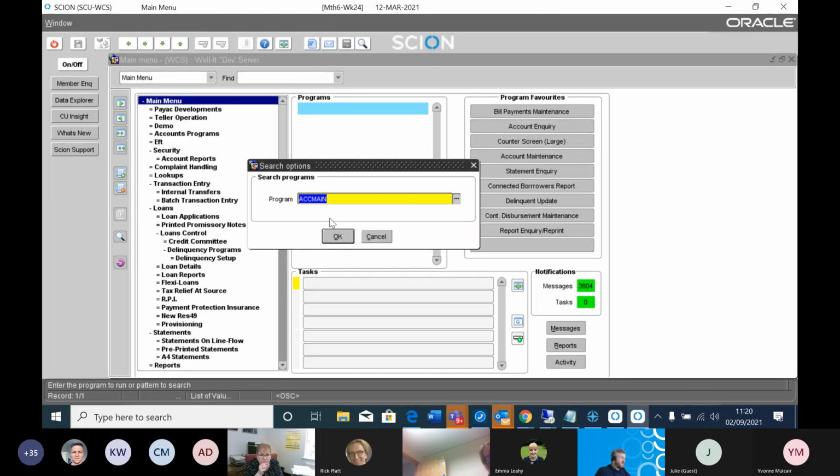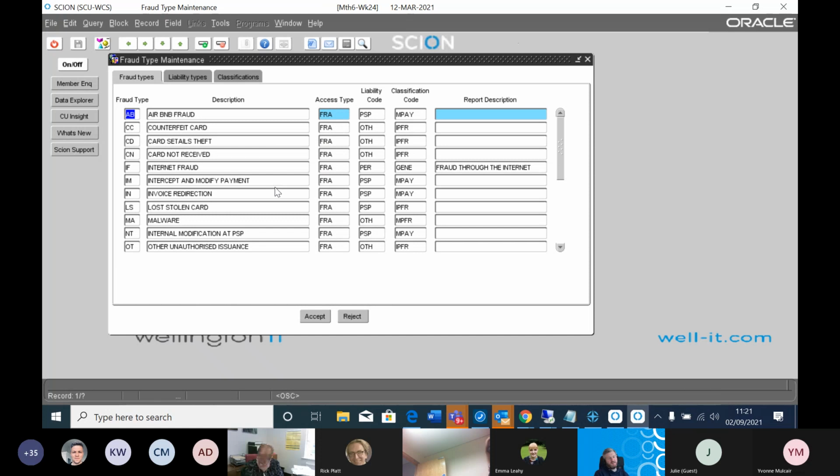So there are a few screens in Scion that you would first take a look at and do your setup on. The first screen that you want to look in is fraud type maintenance. There are 3 tabs in here: fraud types, liability types, and classifications. When you're setting up your fraud types, you will see ones in there that are defaulted. But if there's a new one that you need to set up,